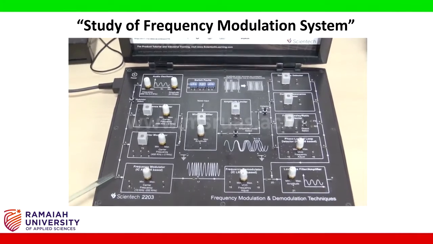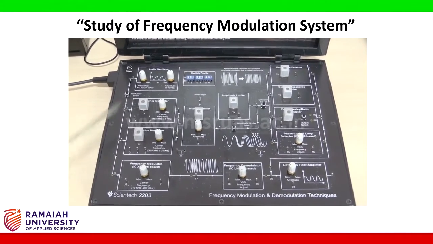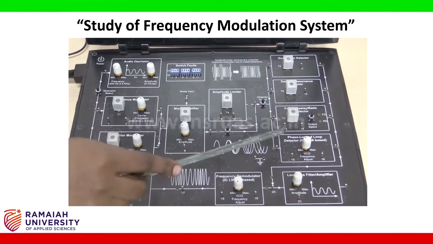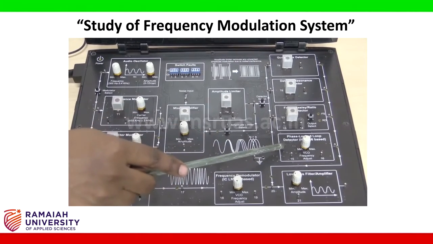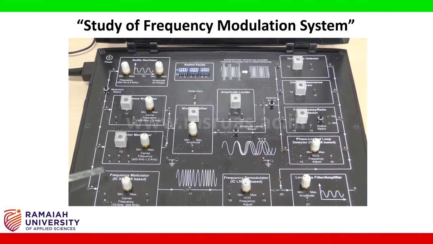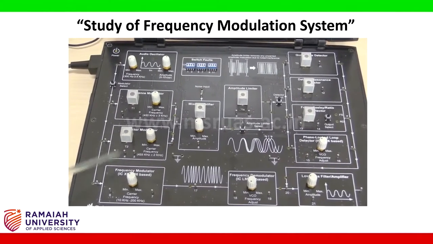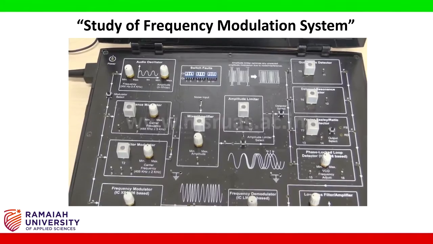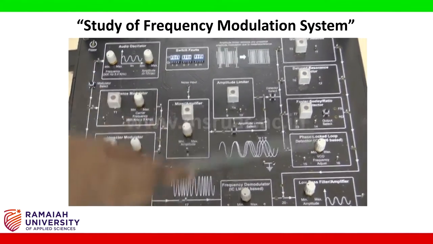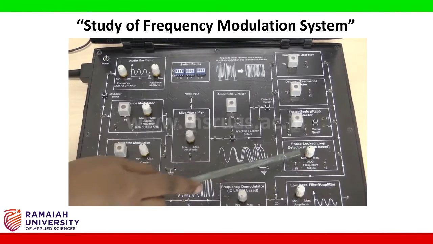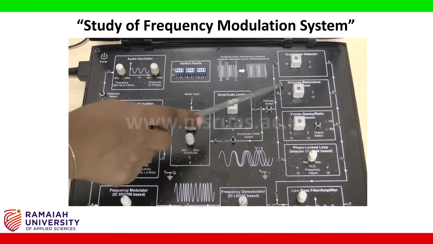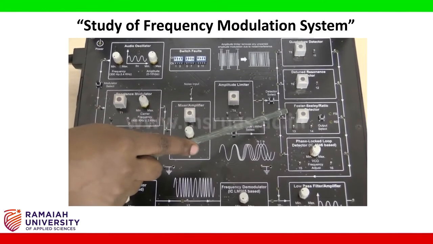In this experiment, we use this kit to do a reactance modulator based FM modulation and phase locked loop based FM detection. We can also perform many other modulations like varactor modulation, frequency modulation based on IC. Instead of using PLL as the demodulator, we can use quadrature detector, detuned resonance detector, Foster-Seeley ratio detector.